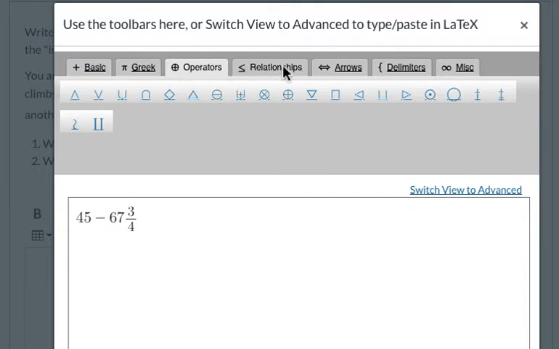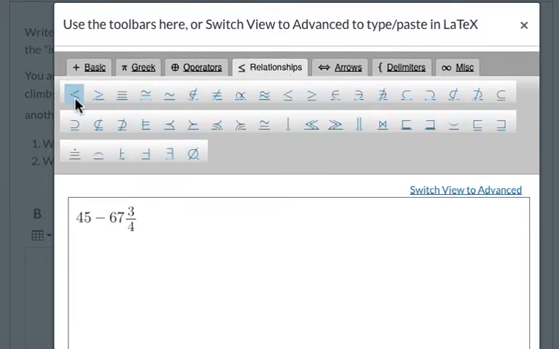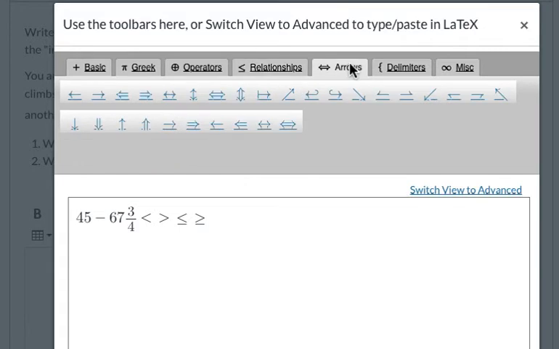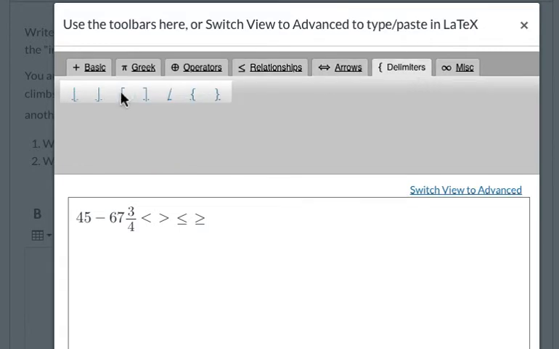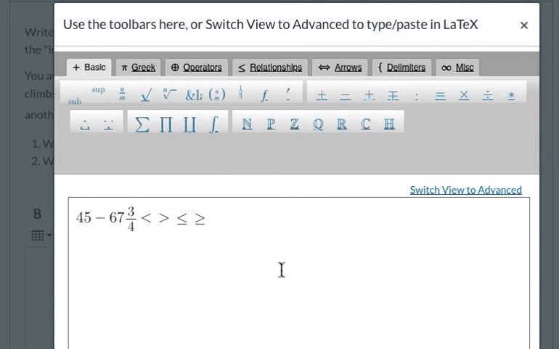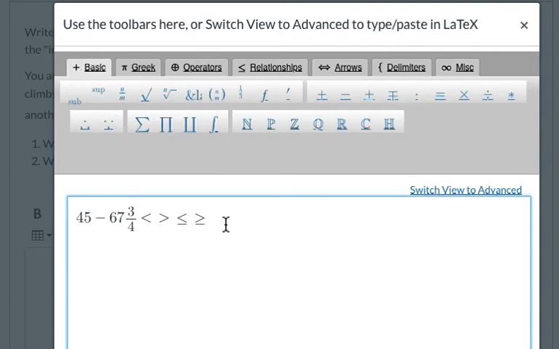If you need greater than, less than signs, those are under relationships. They also have greater than and equal to, less than and equal to, and many, many other features that you can use to convey to your teacher how you are thinking about